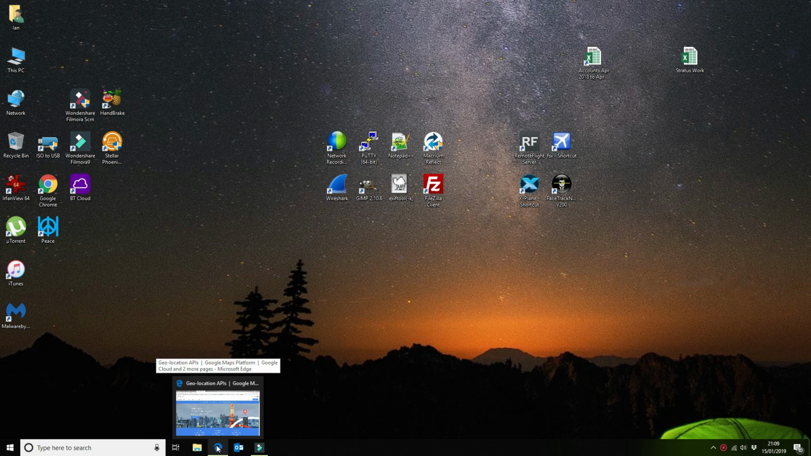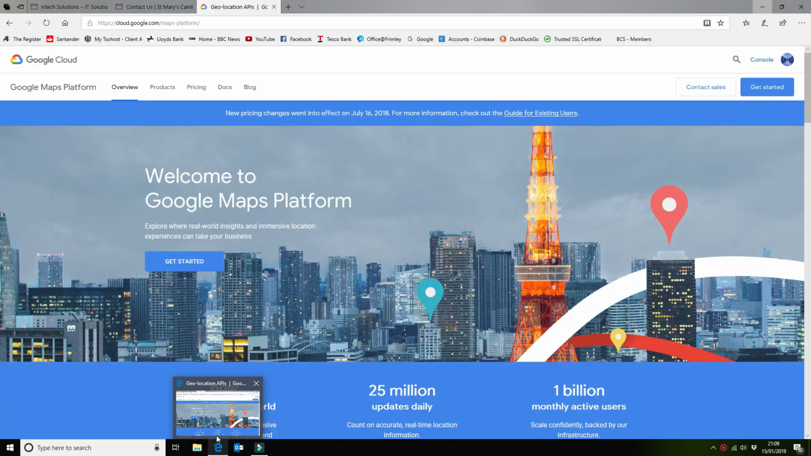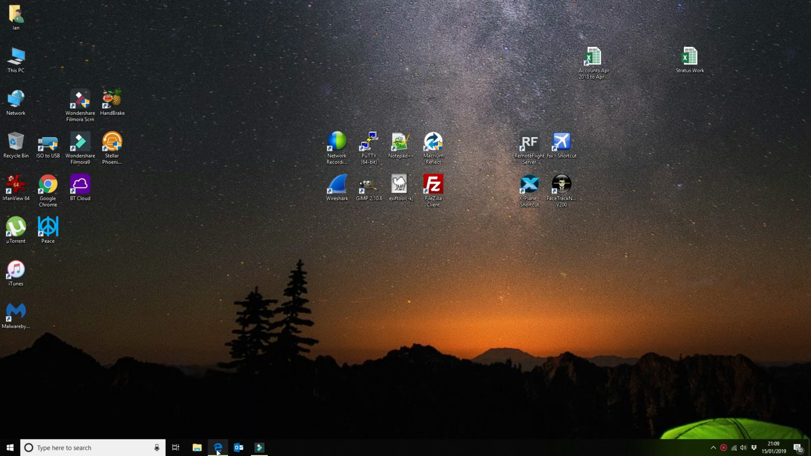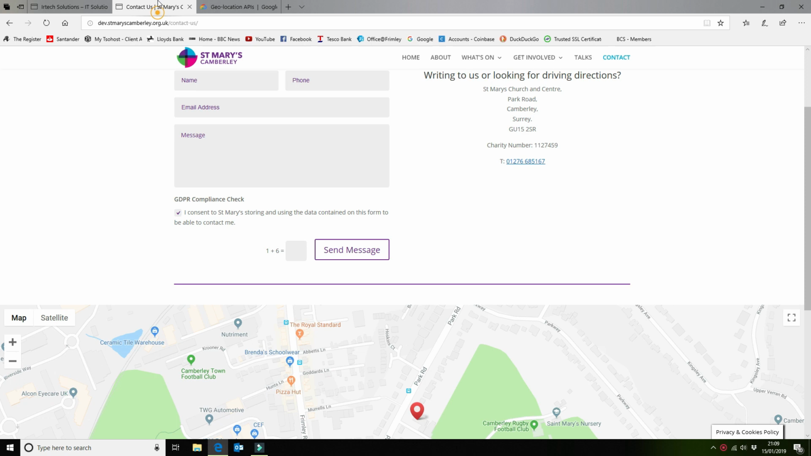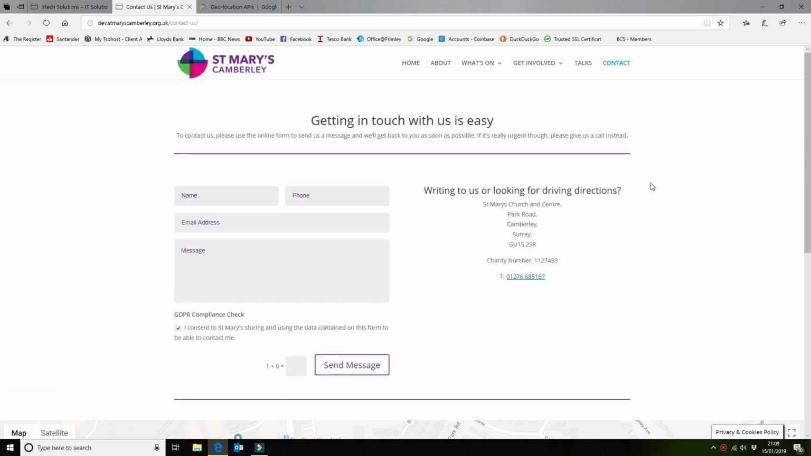Okay, so today we are going to be looking at using Divi, which is a builder. We're going to be using it to create a contact form. So I've just built a really good one for a client of ours, which is a local church based in